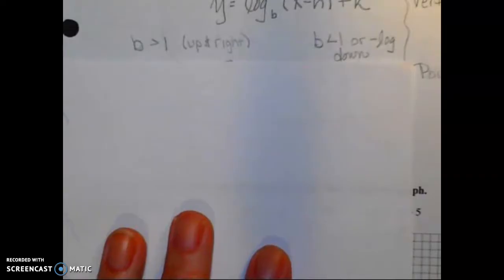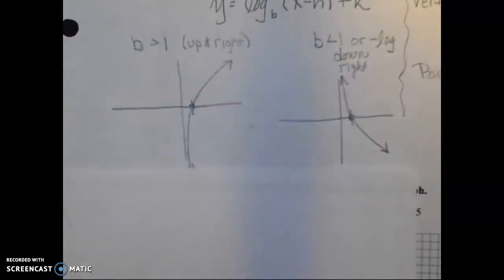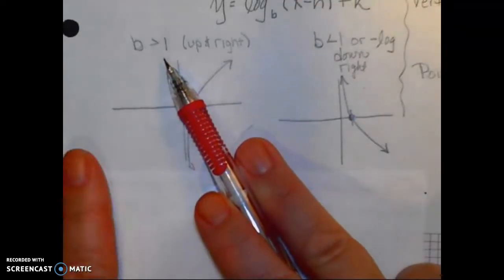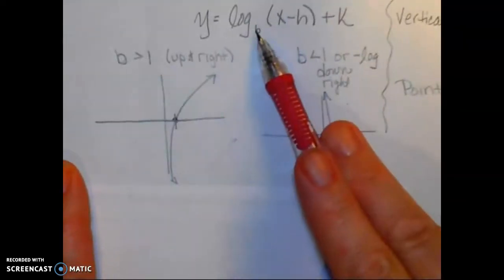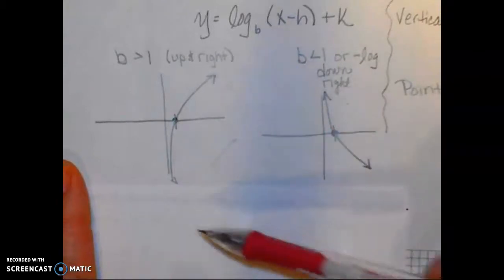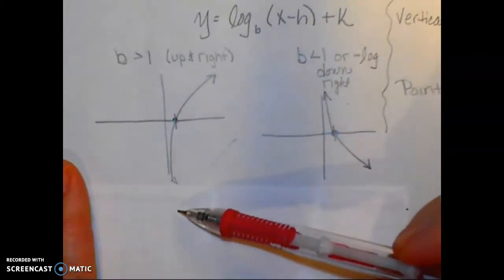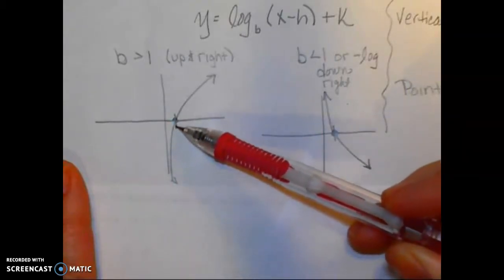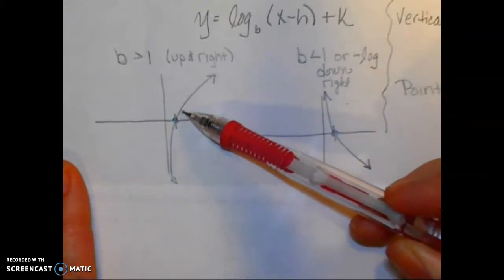Okay, here are the parent functions. Here's what the sketch kind of looks like. Listen, if b is greater than 1, this subscript down here tells me the direction. If it's greater than 1, if it's 2 or 3 or 4 or 5 or 15,